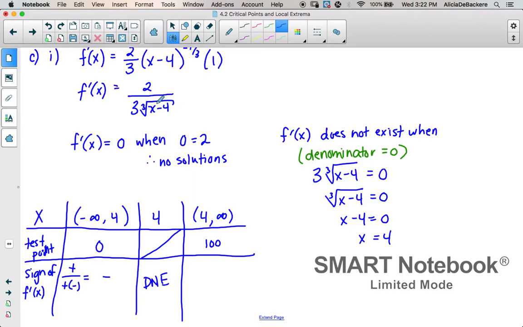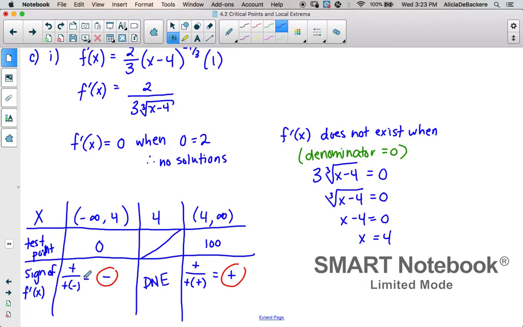What I'm going to get underneath this cube root is 96, and when I cube root 96, that will be a positive number. So again, I've got positive 2 divided by positive 3 times, and then the cube root of 96 is some positive number. So overall, that's also equal to a positive. So what I have here is that my derivative does switch sign,